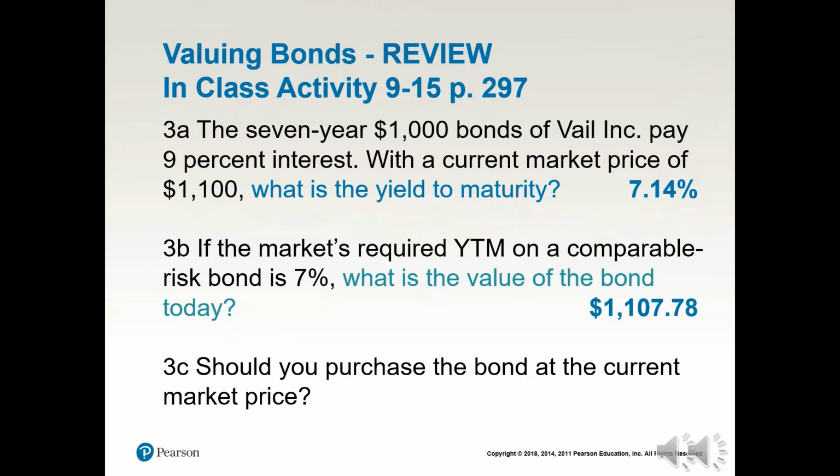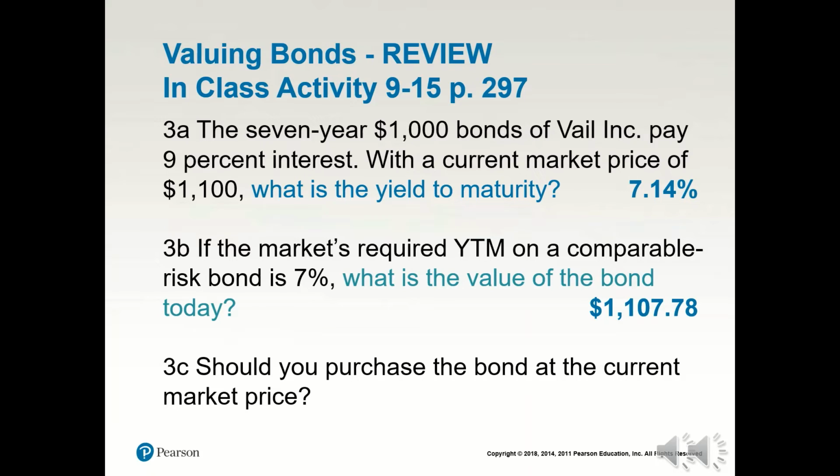With just that information, we don't know if that's a good deal until we know how much we want to earn on the bond. That's Part B. Part B tells us how much other bonds are earning. Other bonds in the market are earning 7%. So if this bond was earning 7% instead of 7.14%, it would be worth $1,107.78 to us at 7% yield to maturity. In other words, we would be willing to pay